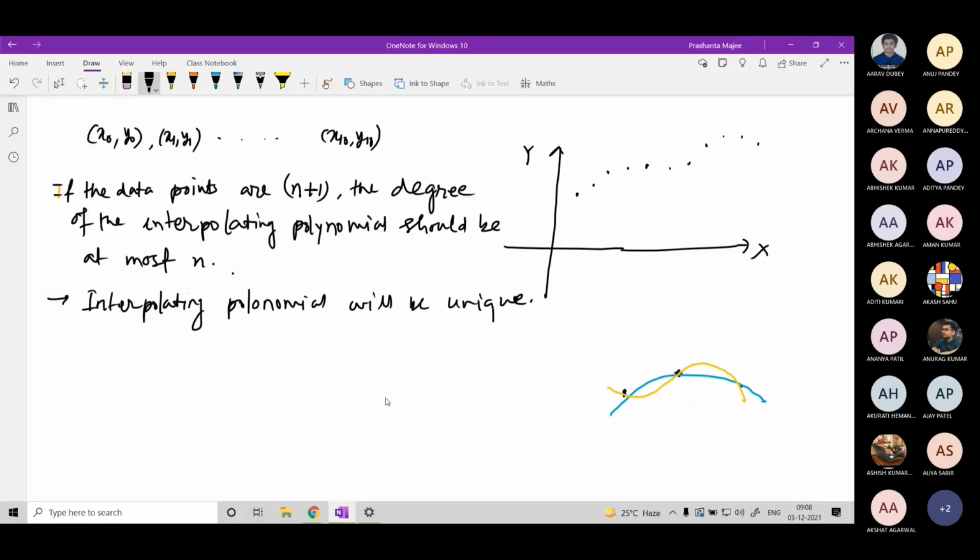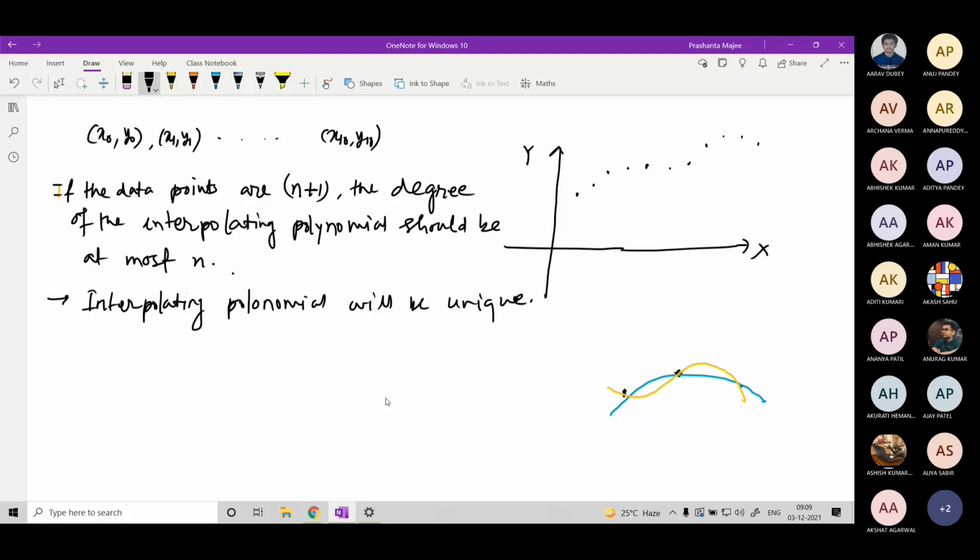No, quadratic, not quadratic. It is up to your wish. What will be the degree? Suppose you want to approximate the function by a 100-degree polynomial, then you will create 101 data points. And if you keep on increasing the degree of the polynomial, the approximation will be better and better. But not all the time. Something will be missing. I will be telling that at the beginning and at the end there will be a huge fluctuation if the degree is increasing. That I will be telling.